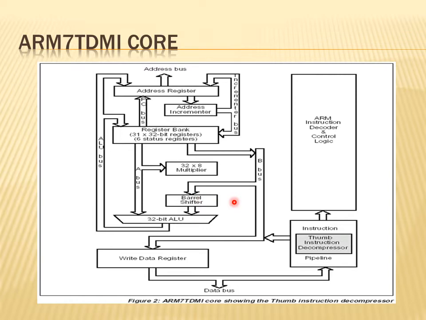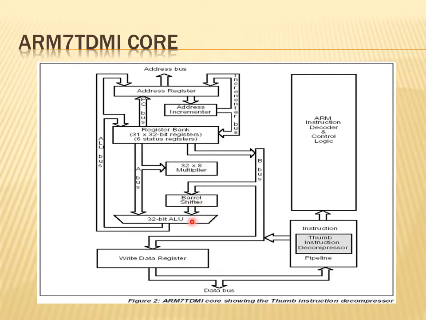Of course, there is an additional hardware block, which is known as a barrel shifter. The barrel shifter supports multiplication and division kinds of operations. We know that whenever binary data is shifted towards the left hand side, multiplication takes place, and whenever the binary data is shifted towards the right hand side, the division kind of operation takes place.